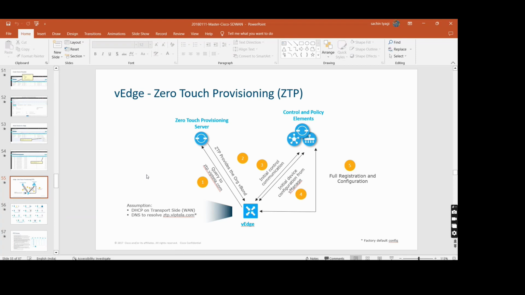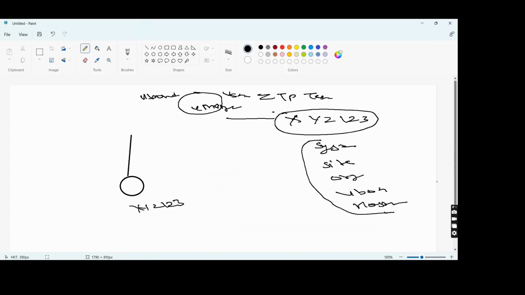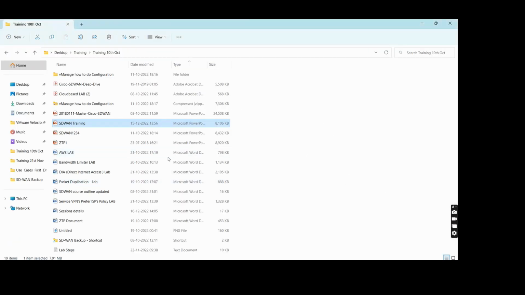Is there any way we can bypass ZTP for such scenarios? How can we get the configuration in that situation? If the site does not have internet, most of the time you will not find the service provider providing IP through DHCP. There is a 50% chance you will get one static IP. In that scenario, you need to send an engineer. He will get a console and do some basic configuration. These five lines of configuration, as I told you: system IP, site ID, organization name, vBond, host name, and interface IP and your next hop, and that's it. Your box will be up on the vManage. So you can prepare some basic configuration in a way that